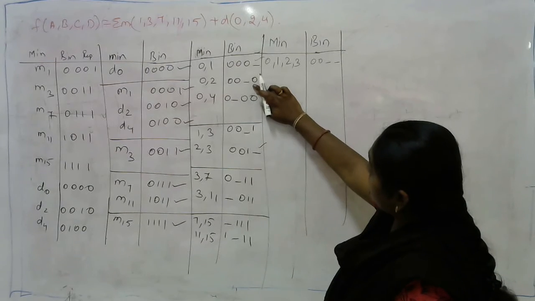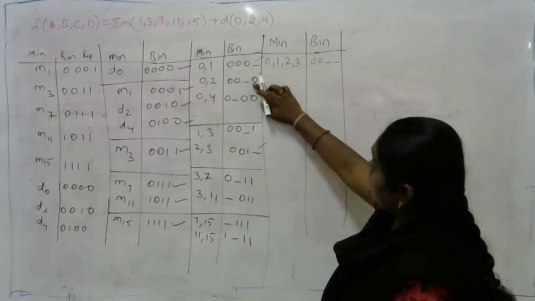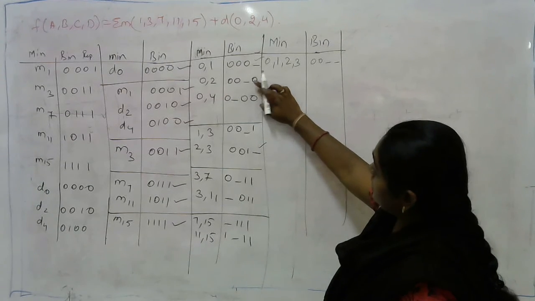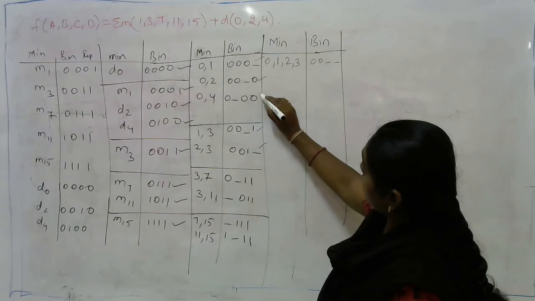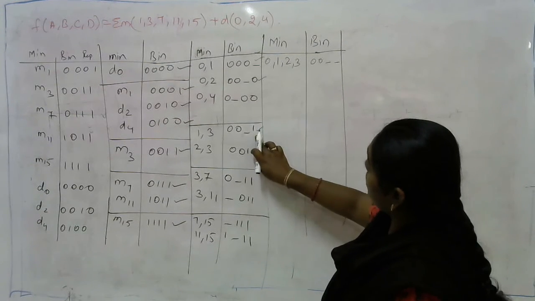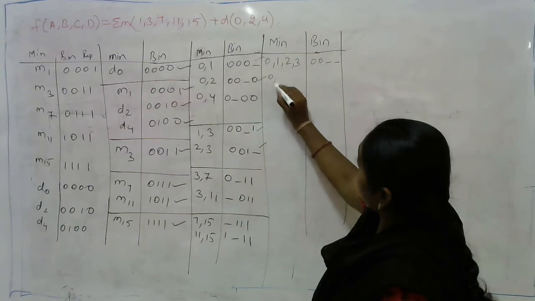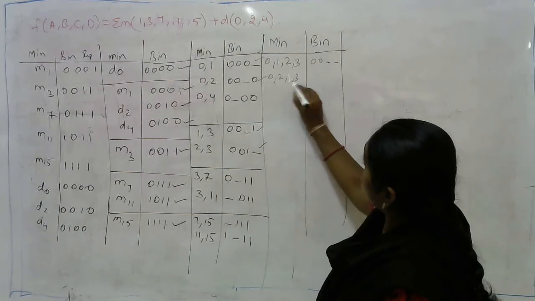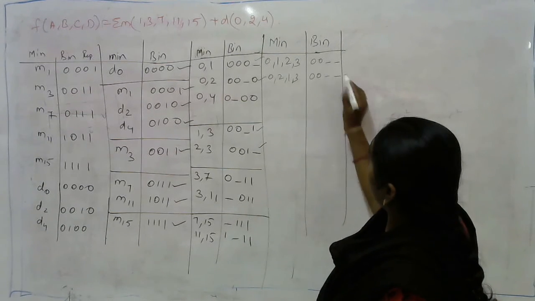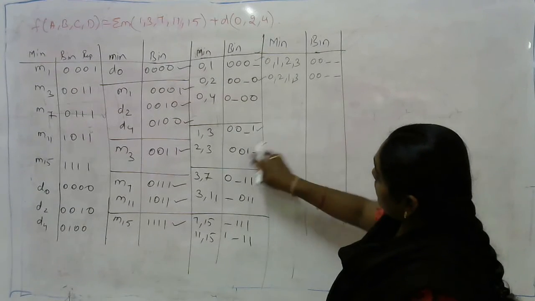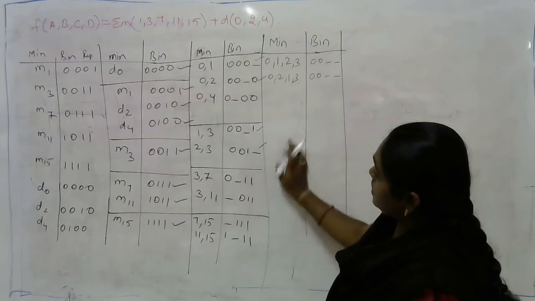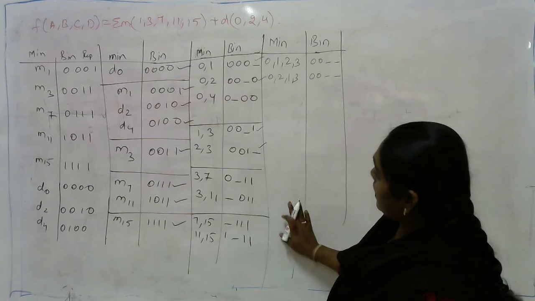Similarly, there is blank in the second position. Check where the blank is. Here also the blank is in the second position. Again, there is change in only one bit. So the corresponding minterms are 0, 2, 1, 3, 0, 0, blank, blank. And we don't have any blank in the third position from the LSB, so leave that as it is.